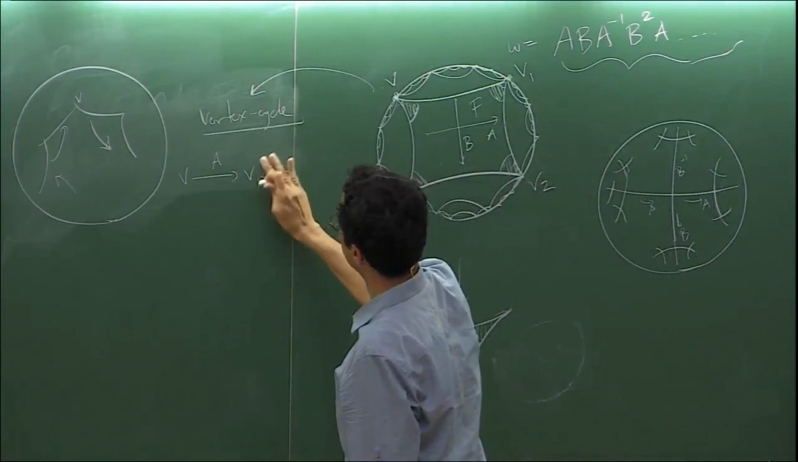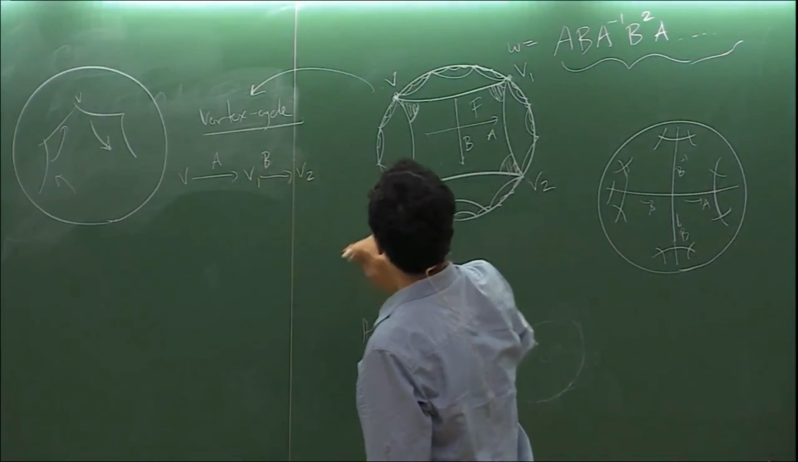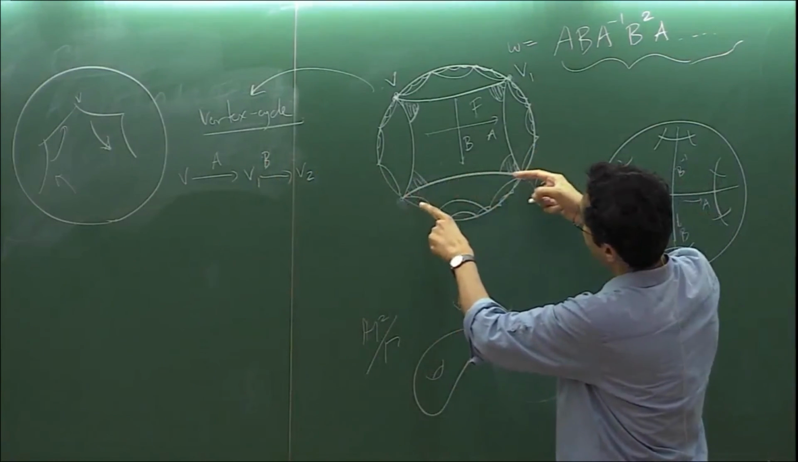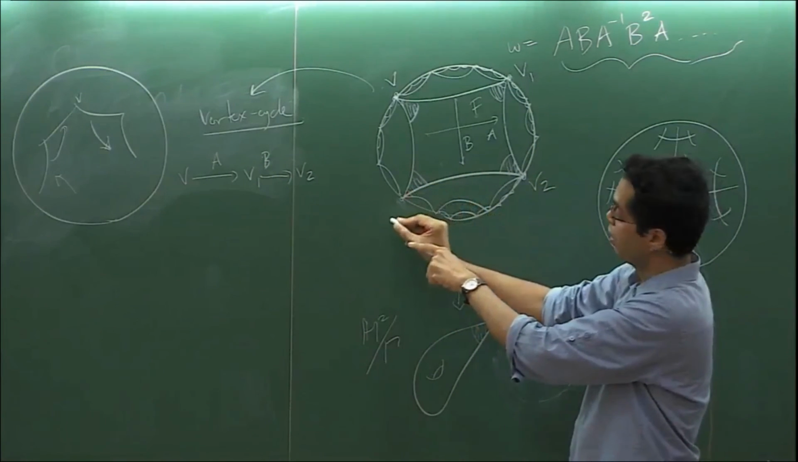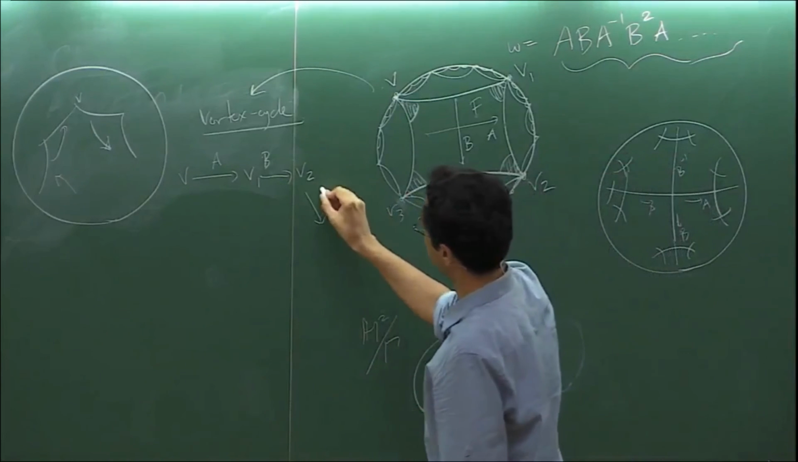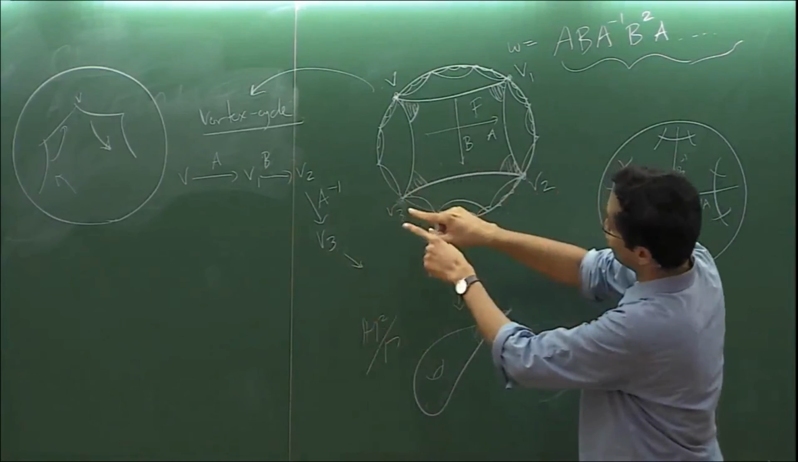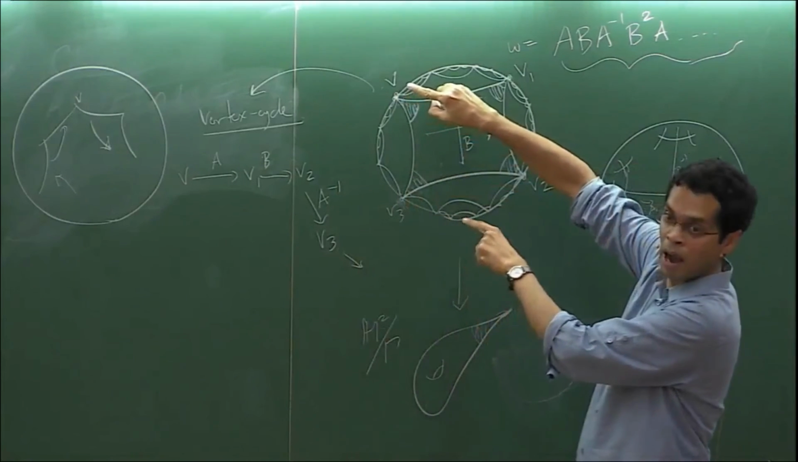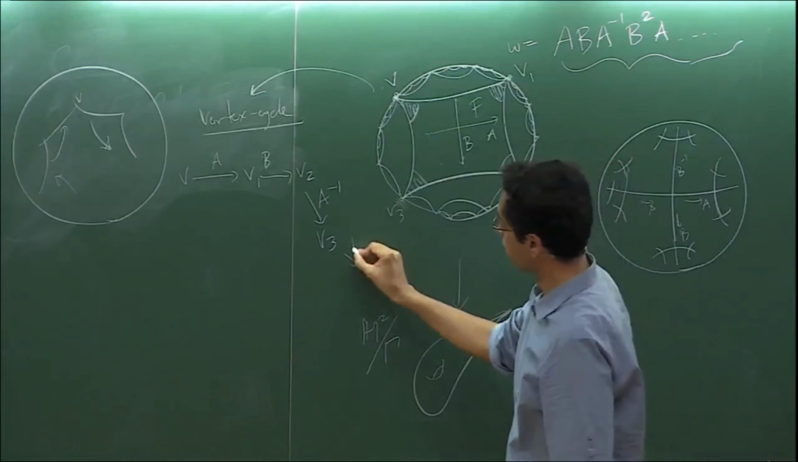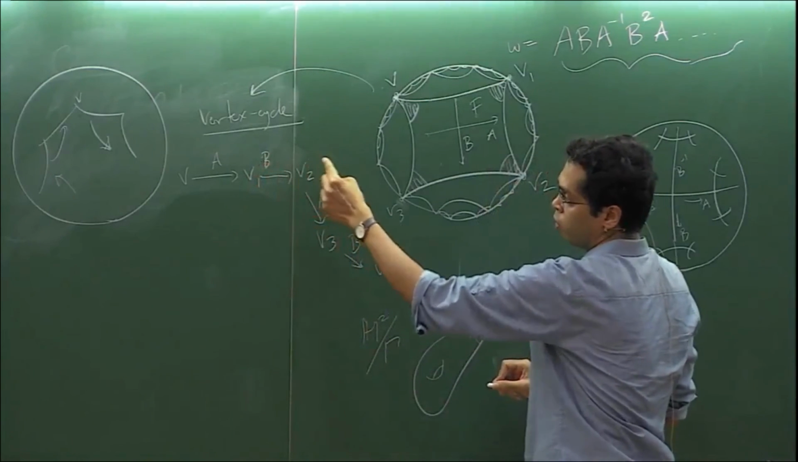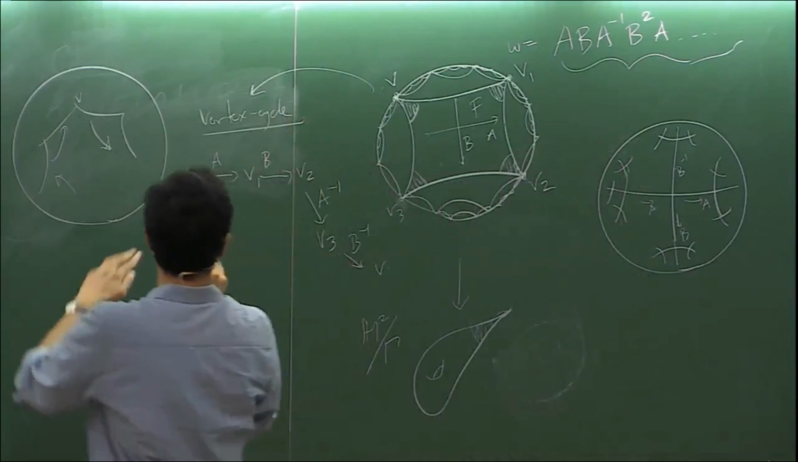Okay? And then if you go A inverse, it takes you to V3. So we're almost there. B inverse takes you back to V. So what element of the group does this vertex cycle give you? It gives you,